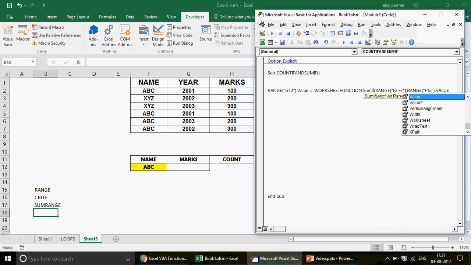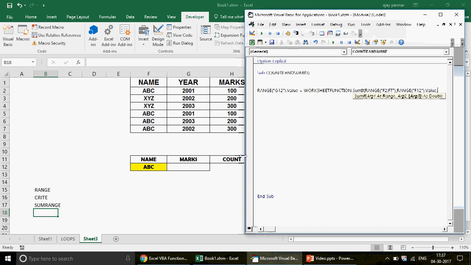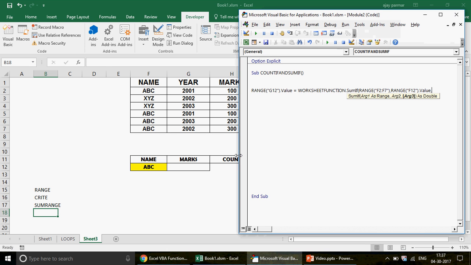F12, by linking it with the F12, you are making the formula very dynamic, right? If we change anything in the F12, that is going to be changed, right? Now we are going to talk about argument 3. So argument 3 is obviously going to be the sum range, and sum range we already know what we